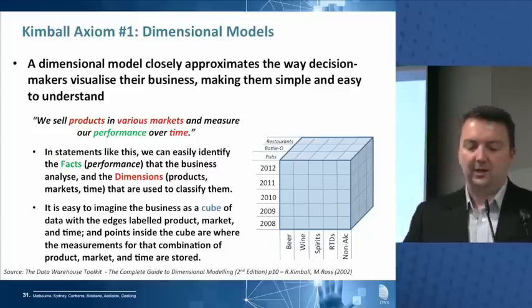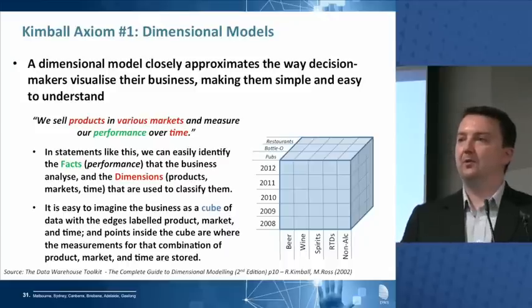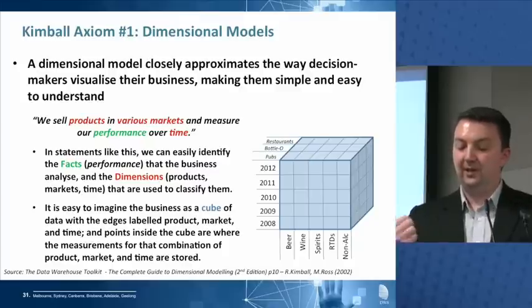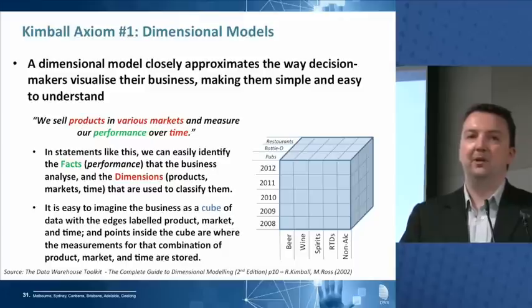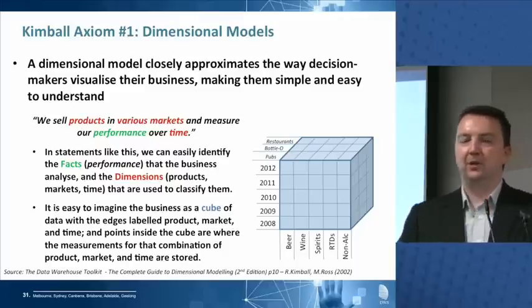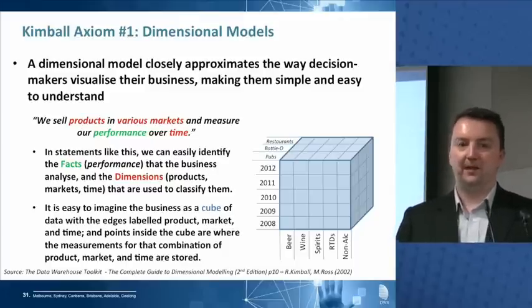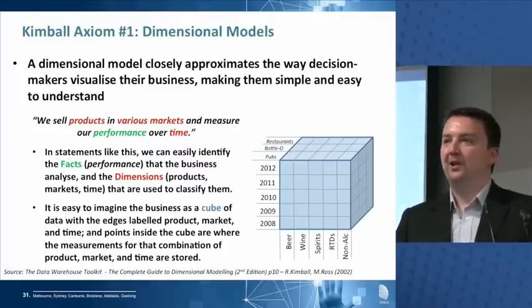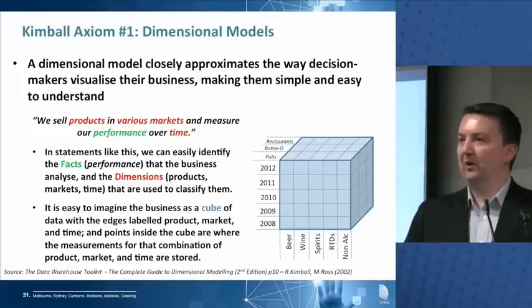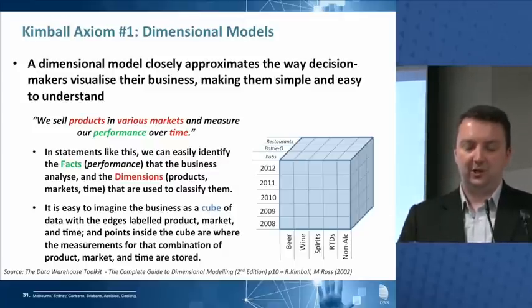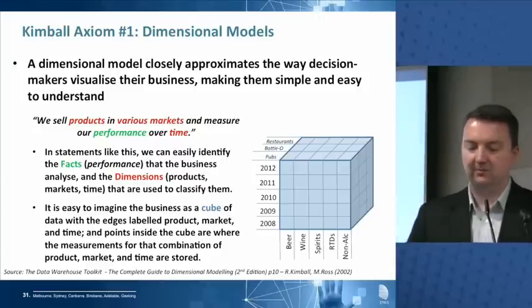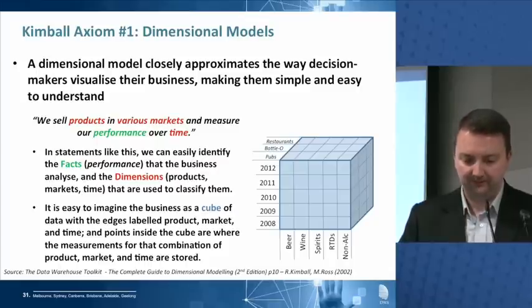All right? Dimensions are the things that describe those facts. The most common dimensions, and you'll see them in almost every data warehouse: customer, location, product, and time. Now, you'll probably see a lot more dimensions than that, but you'll almost always see those 4. And when you're doing a data warehouse project, if you're the dimensional modeller, the first things you should go looking for as soon as you arrive on day 1 are customer, location, product, and time. Okay, if you can't find one of those in the system, ask where it is, because you're probably missing it.